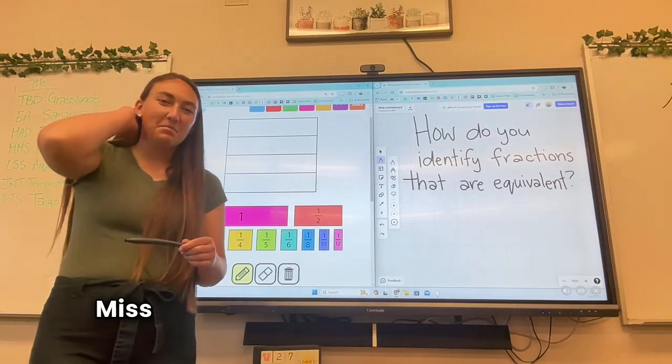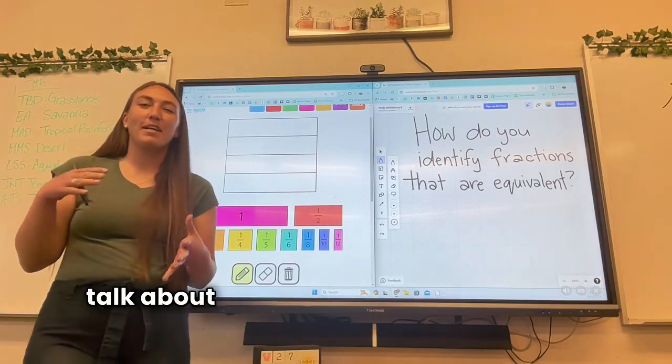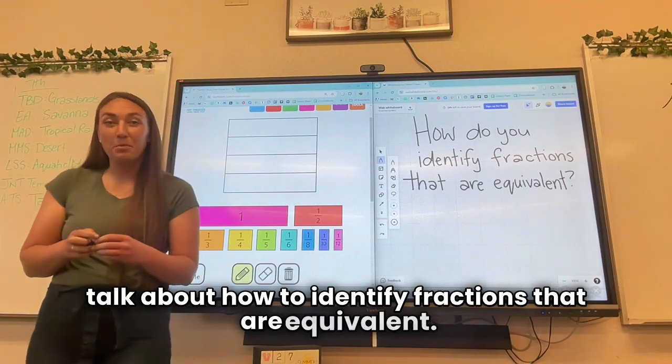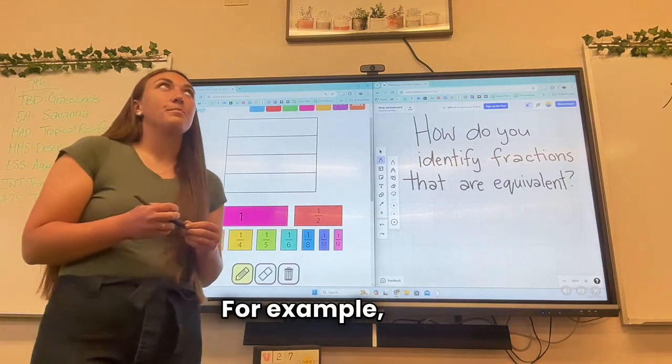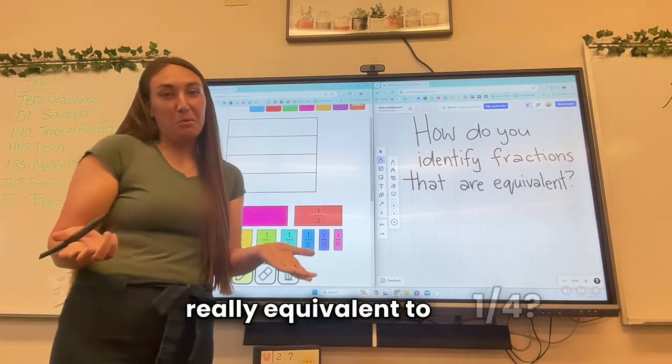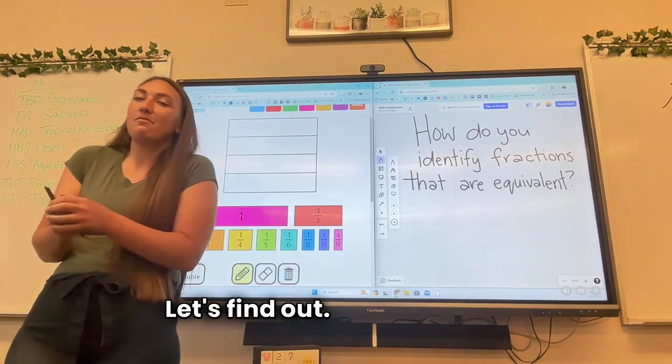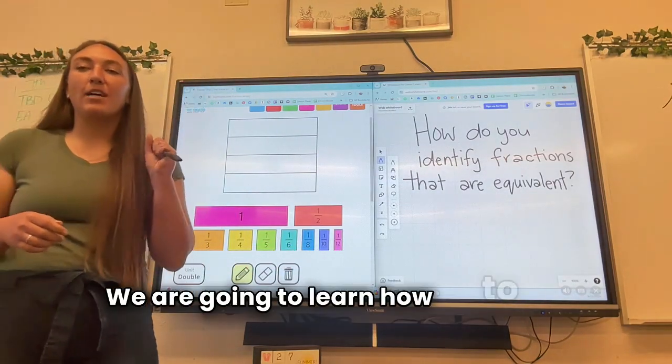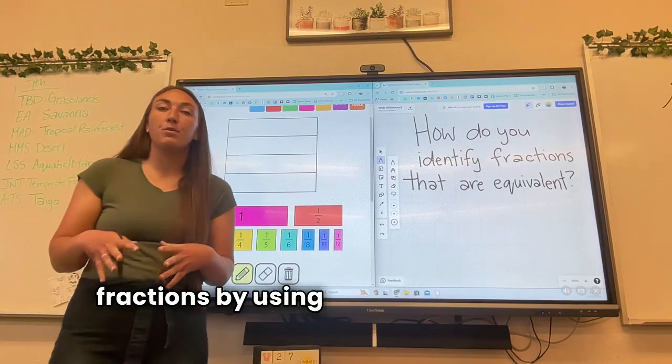Hi class, Miss B here today, and we are going to talk about how to identify fractions that are equivalent. For example, is 1/2 really equivalent to 1/4? Let's find out. In this lesson, we are going to learn how to identify equivalent fractions by using a fraction